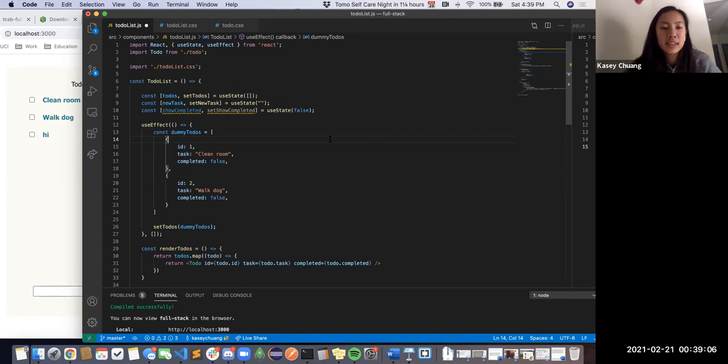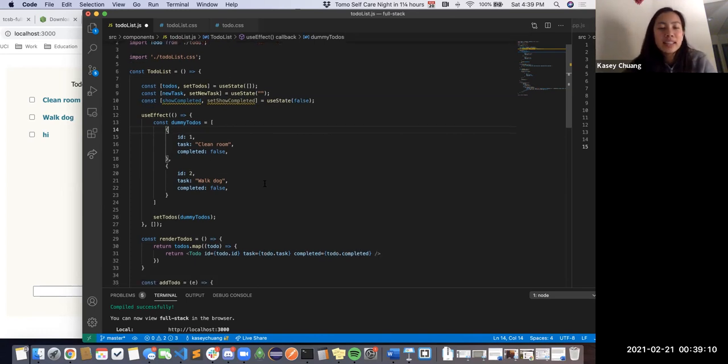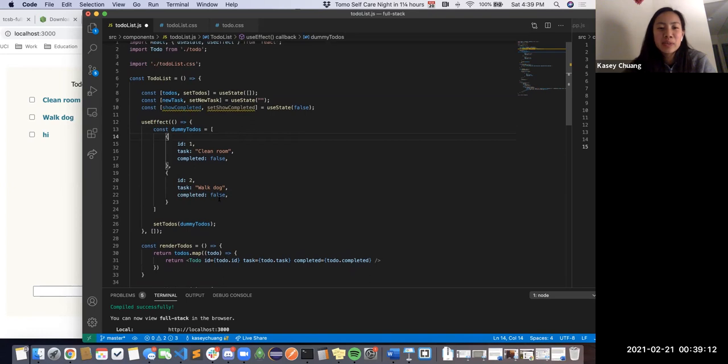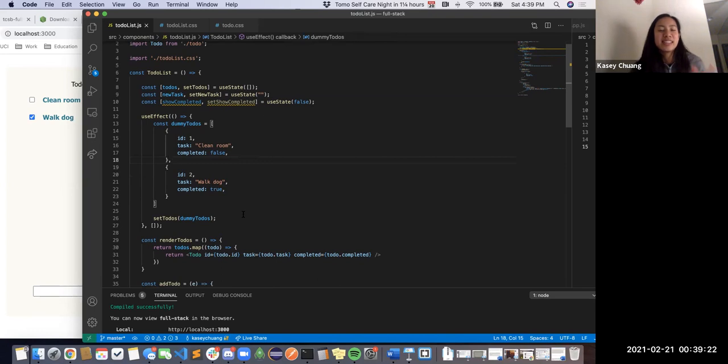And then also one thing, since we have some hard-coded data right now, go ahead and in your dummy to-dos list, change one of them to completed equals true. So I'm going to say, yes, I did walk my dog, and I'm going to set that equal to true, just so that we can see the difference later. Okay, so once you've got those two things,